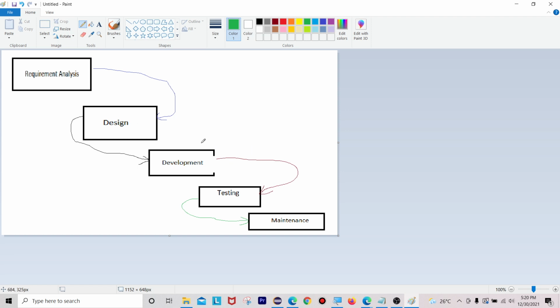In this, each phase must be completed fully before the next phase can begin. And at the end of each phase, a review takes place to determine if the project is on the right path, or whether to continue or discard the project. At the end of each phase there is a review, which takes place by the respective people working on the current project, determining whether the project is going in the right direction or not.